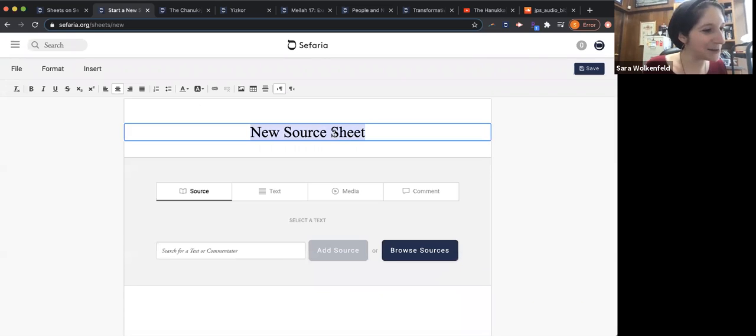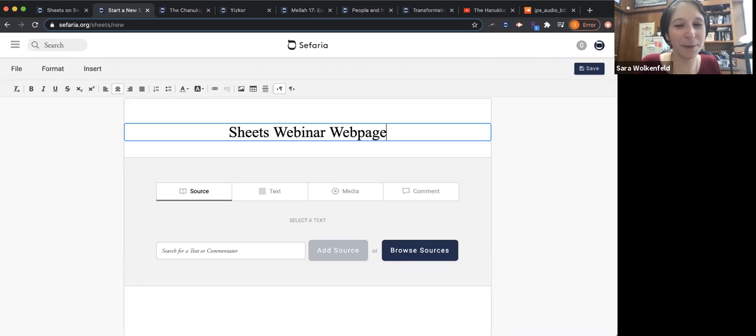So the first thing that I would do is to double click into this field, so it's highlighted in blue. And now I can call this something else. I'm just going to type in a new title. I'll call it the Sheets webinar. I don't want to call it source sheet because I already told you that's not good. So we'll call it the Sheets webinar webpage. Yeah, let's call it that.